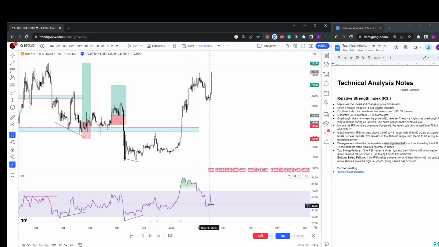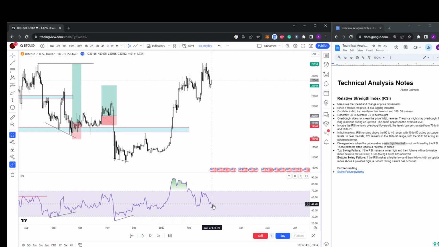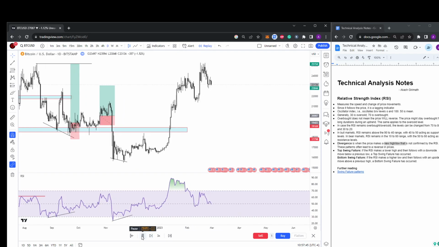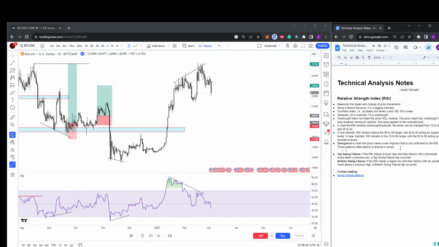Yep, bounces off of 50 again. Bounces off of 50 again. Now this is another thing, right? Price has clearly produced a higher high, but that higher high is not produced by the RSI, which is a bearish divergence, right? Another thing that I want to mention here is that for divergences,